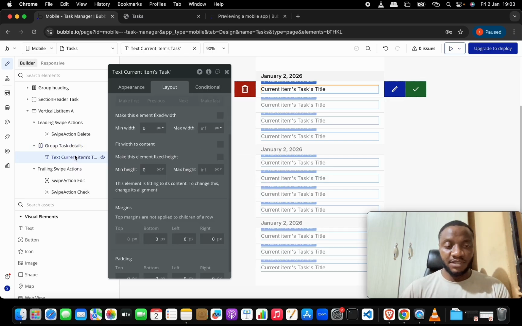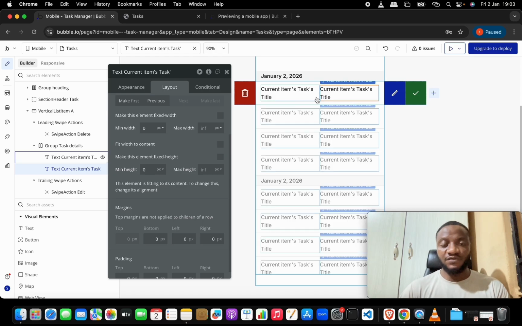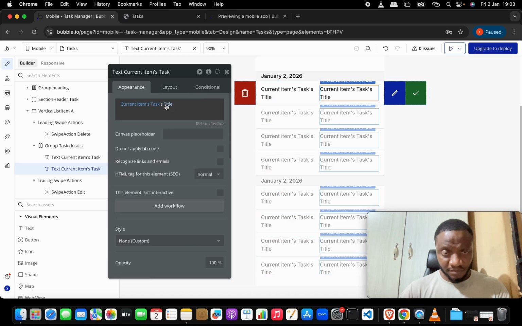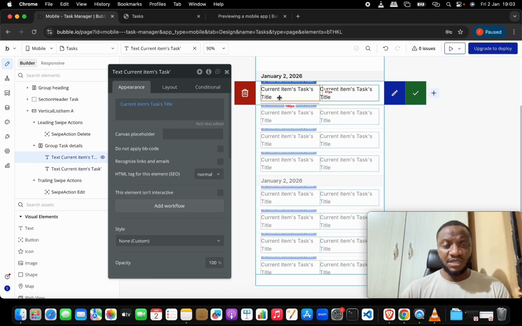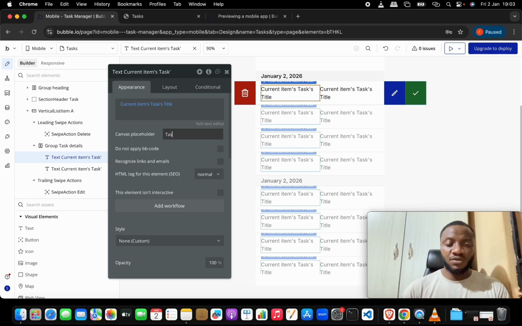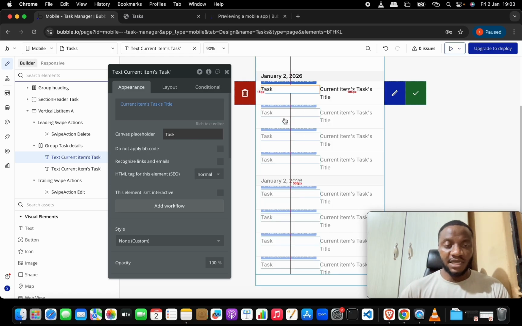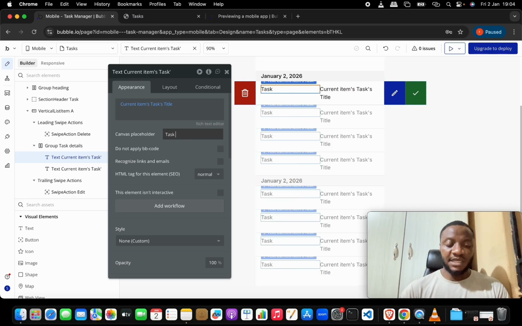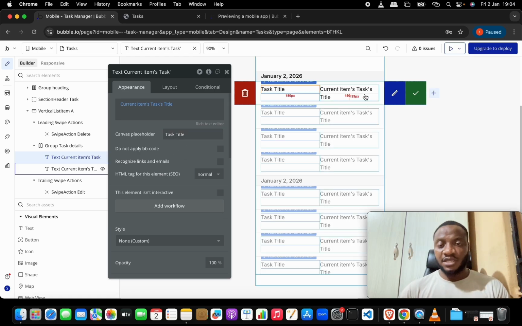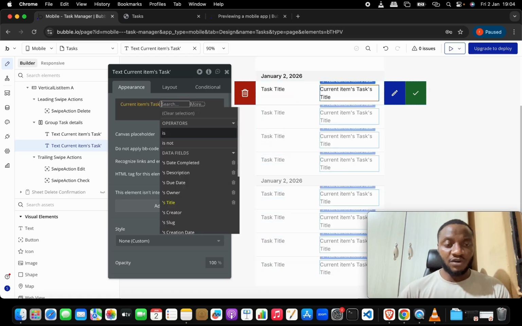All right. So we can make these 2. So copy and paste this text, so we have them on both sides. We can use a label to make this a bit more readable. So we'll do task like that. We can add name, task title. So guys, it's readable. Then here I want current task,